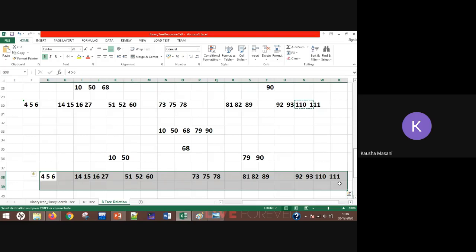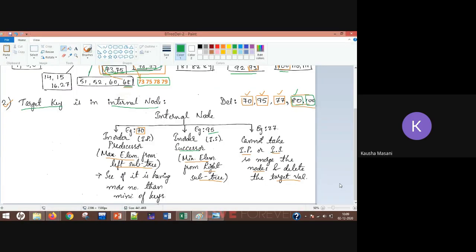Maybe you can decrease the speed also, if you want, and then along with that video, try solving it and keep these rules in front of you. Okay, suppose if you are practicing this in the internal node, then you can note down in this visual manner. These are nothing but your rules: if you get the target key in an internal node, then solution 1, try in-order predecessor.